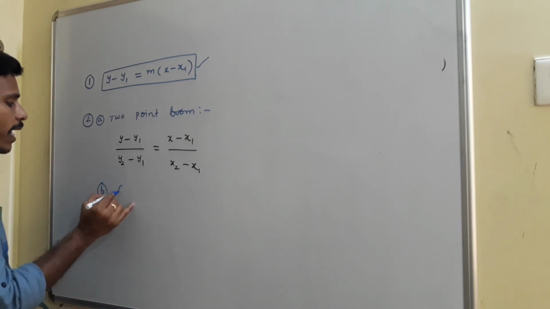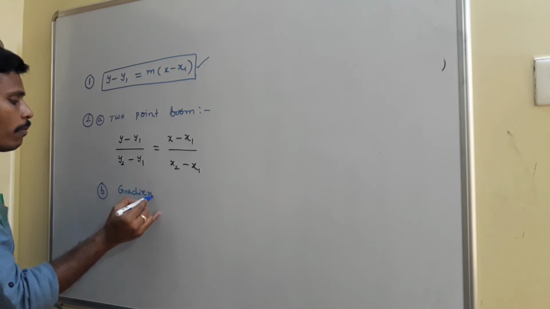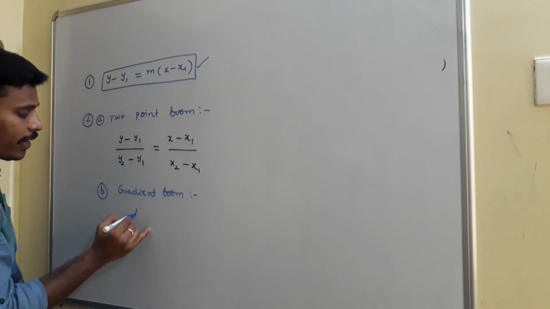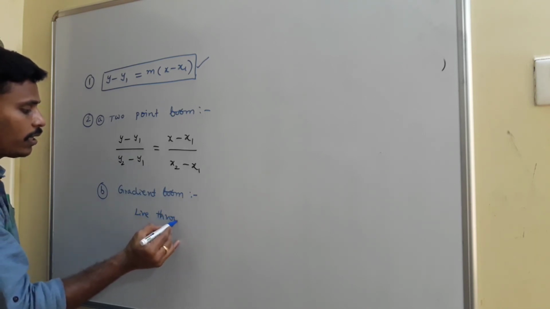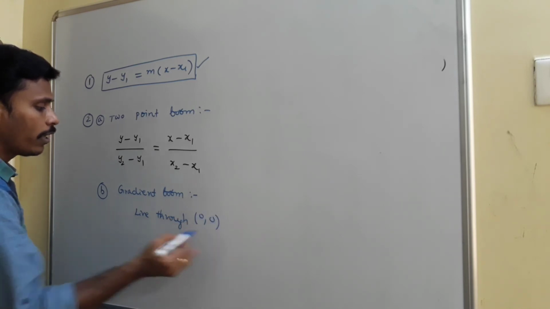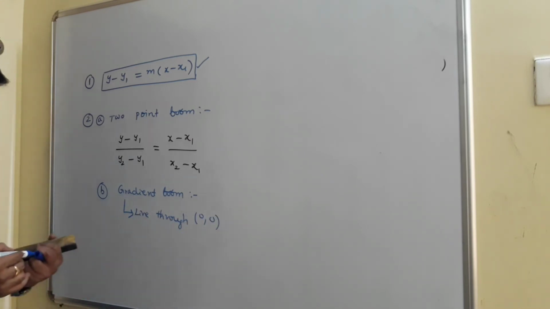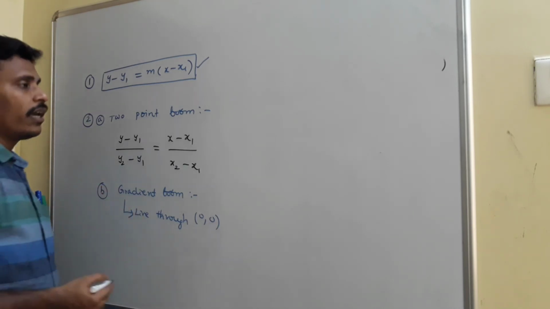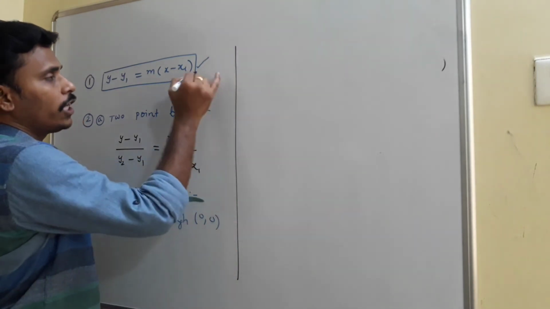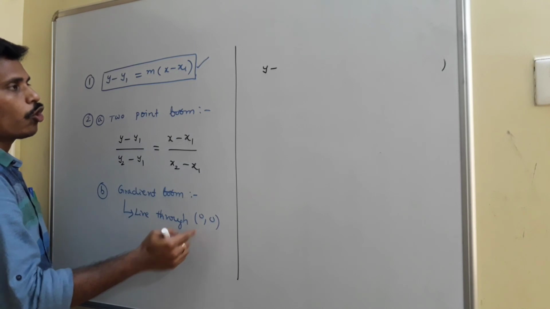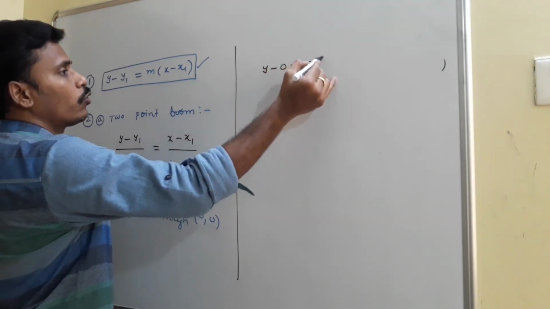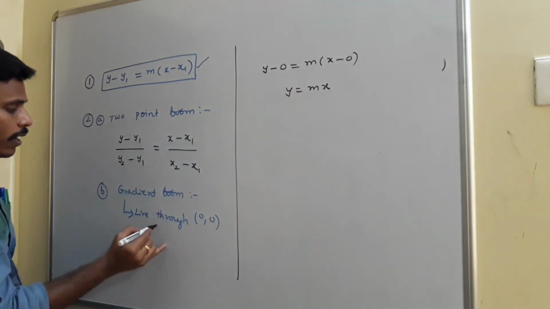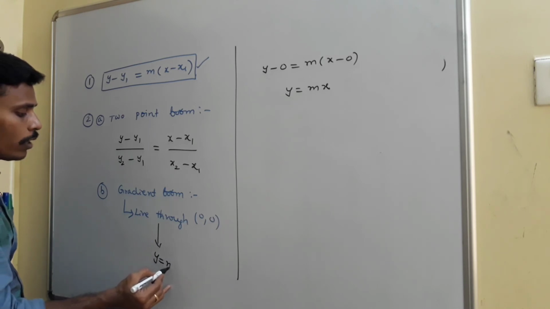And the next thing is b, which we usually call the gradient form. Gradient form is meant for a line passing through the origin. If we have a line passing through the origin, the general form of that line is usually considered the gradient form. To find it we utilize the slope point form. The point is 0 comma 0. y minus 0 is equal to m into x minus 0. If you solve, you will get y is equal to mx. So gradient form is just y is equal to mx.